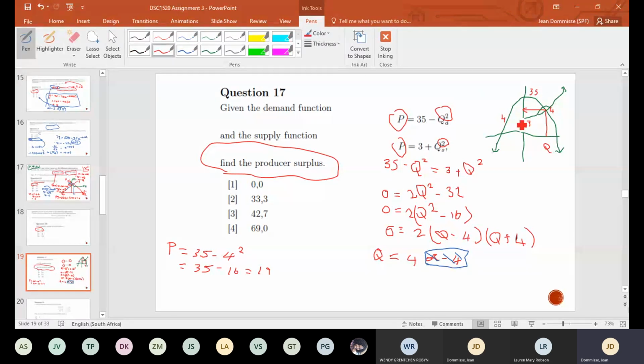Okay. So we know that that point is 19. Okay, so now we need to work out the producer surplus of that. Now it is not as simple as just saying, okay, 19 minus, and then we get to the answer. So again, what would you do for this one